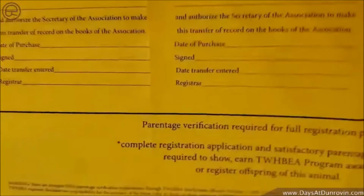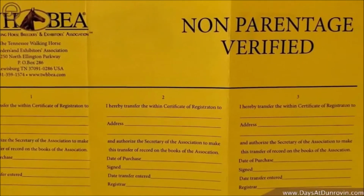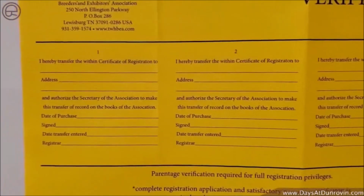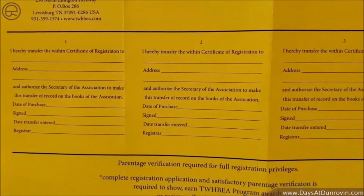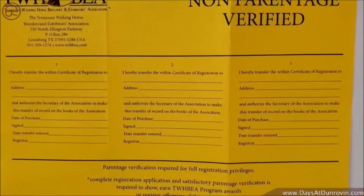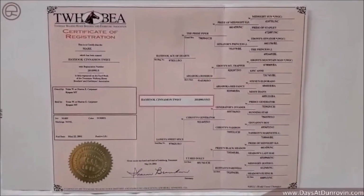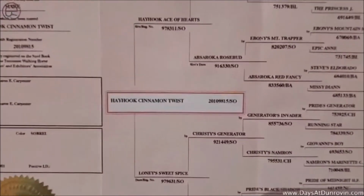The one thing that we've got here is a big space that says no parentage verified. But they still do have the ability to transfer, or somebody could sell this animal before the parentage is verified, and that would come subsequent to that, and we'll show what the dam's registration is here in a moment. So this is the finished product of what you're looking for, and of course this is not hers, but